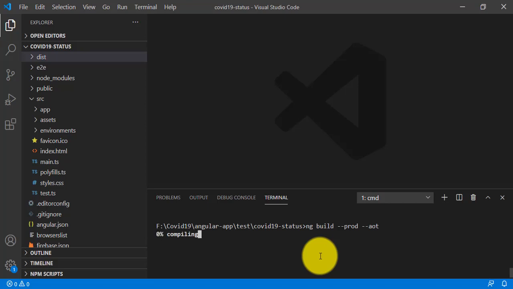It has already started, at 0% compiling. By executing this command, it compiles all your project files, everything.